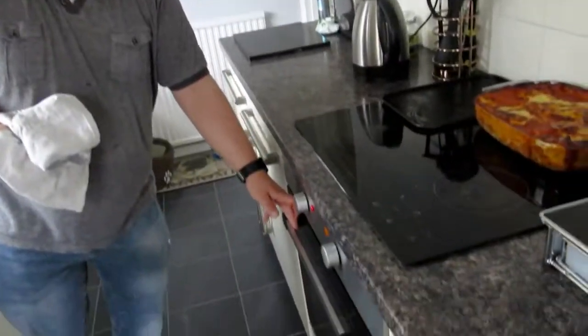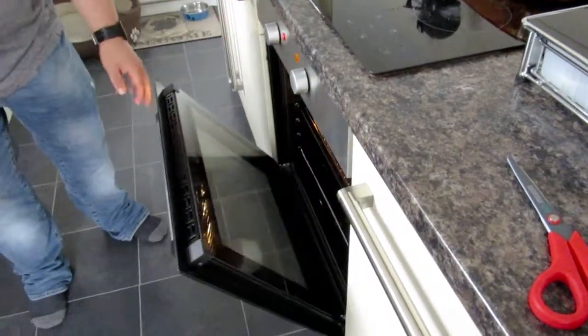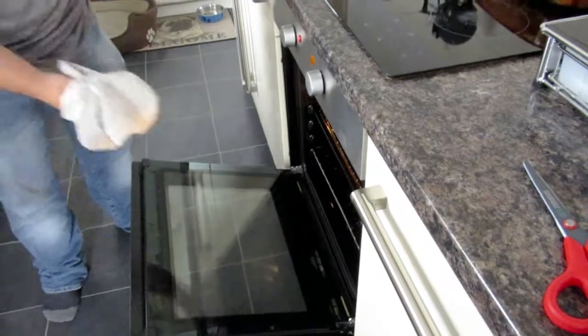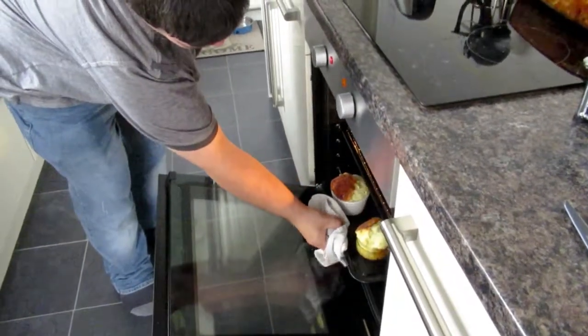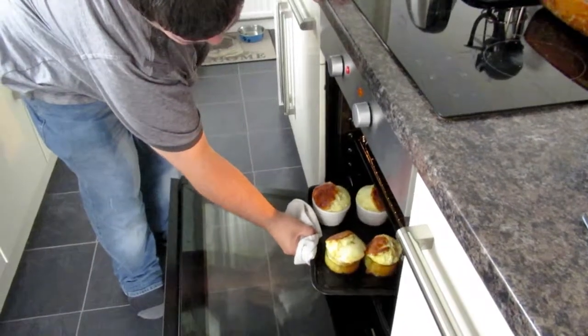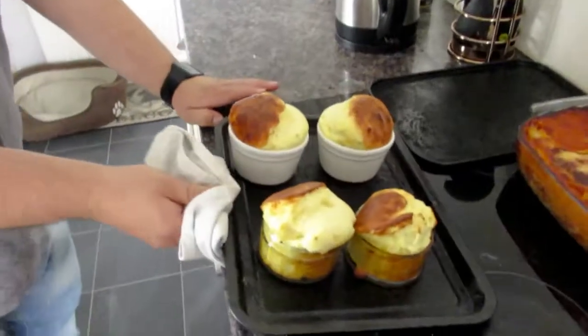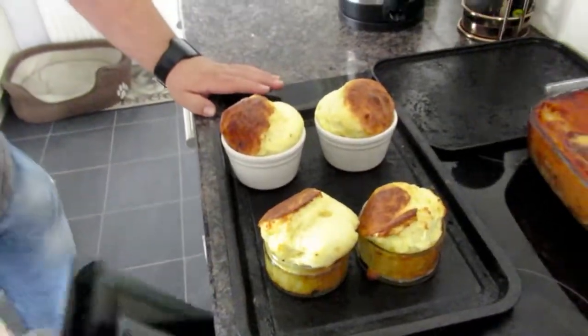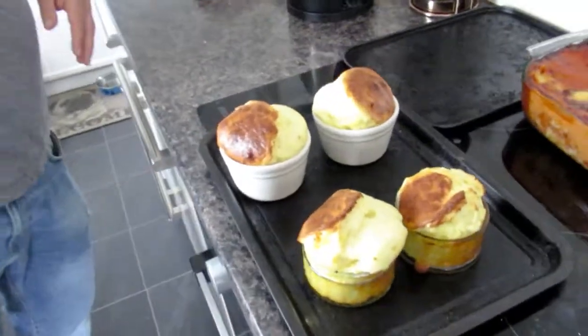Okay, so Ian's going to take the souffles out of the oven now. Ta-da! There are some homemade cheese souffles. The first ones you've ever made. Hopefully they'll be